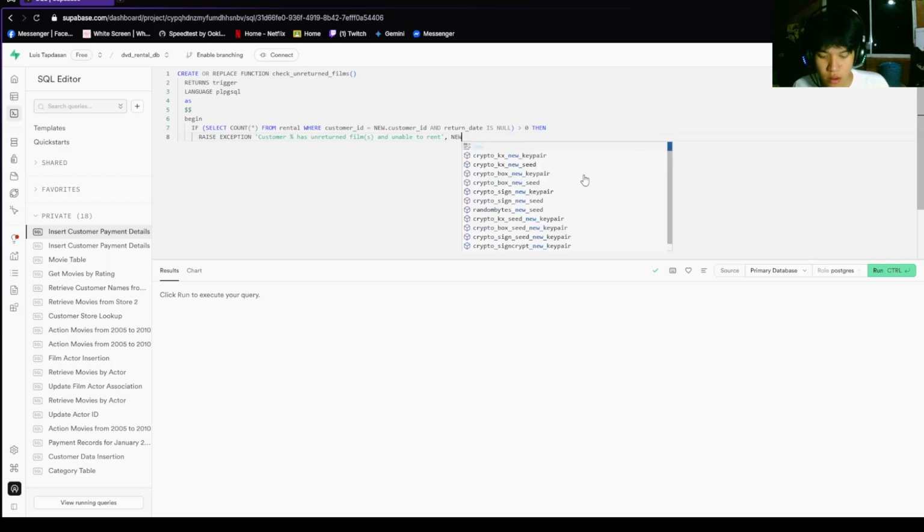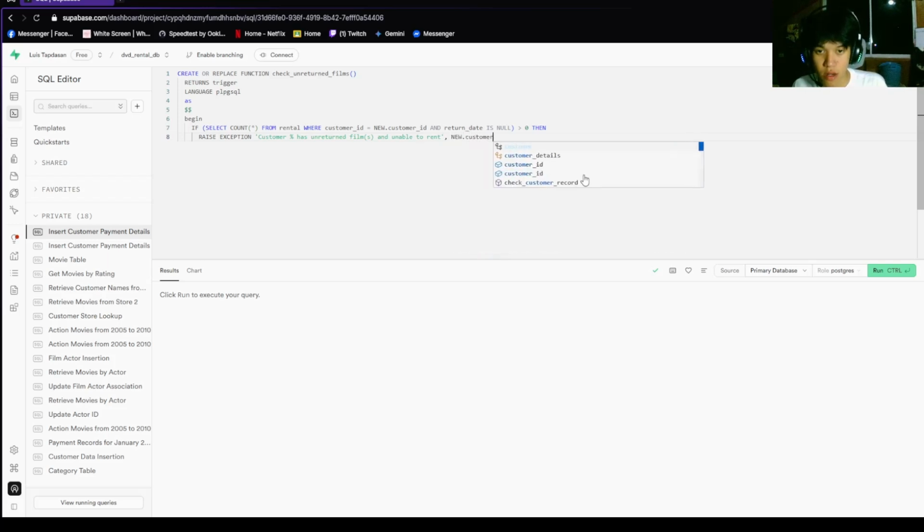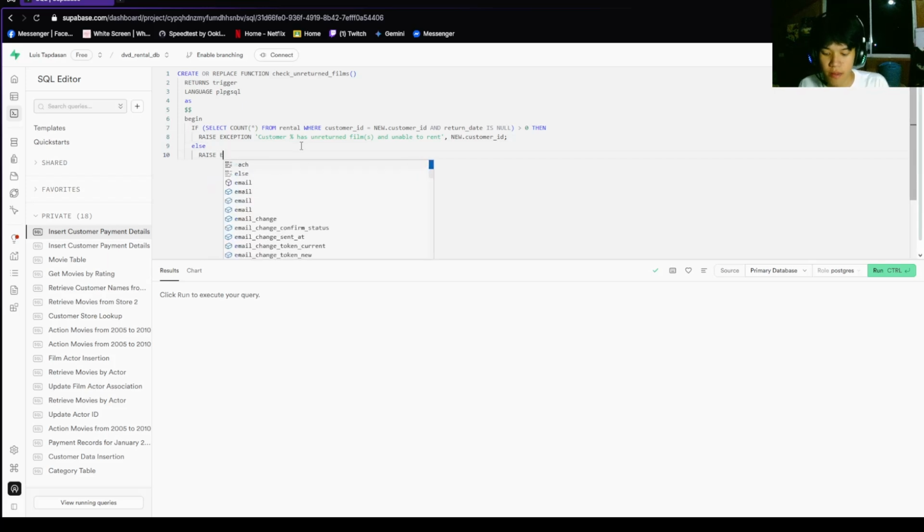So new customer ID. After that, so this is the else statement. So this is the one where if the customer has unreturned films, it means that the customer cannot rent for the meantime because of unreturned films.